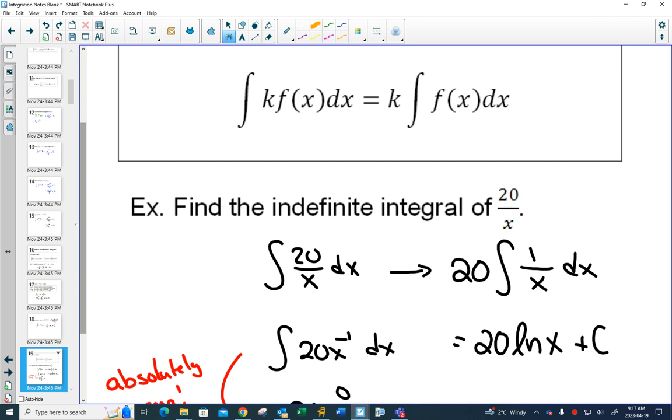And a lot of these things we don't realize: when we learn something one way, we don't take the time to really think about that and say, okay, if I got that answer, could I work backwards? So we're going to see that in this unit, and that's what makes this harder, because if you didn't remember or have it memorized that the derivative of natural log was 1 over x, you're not going to recognize the 1 over x to work backwards to get the natural log.